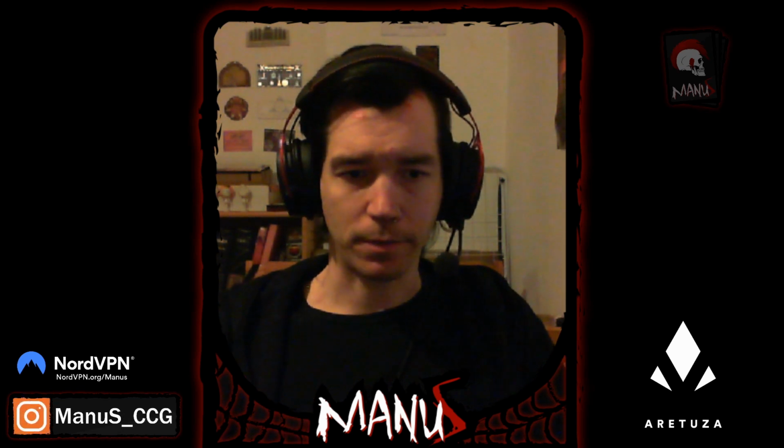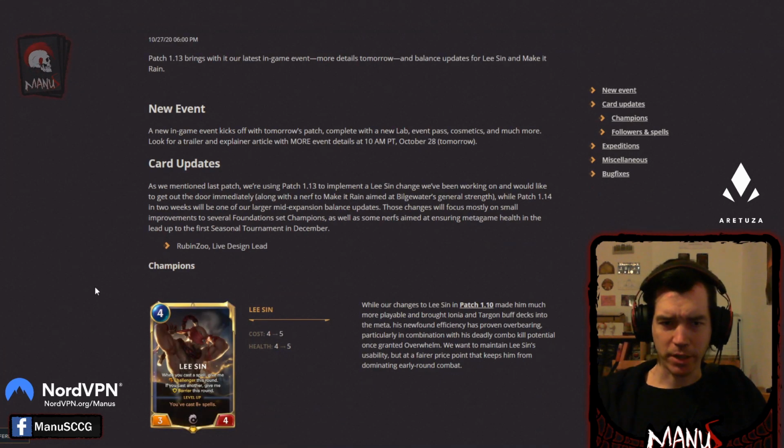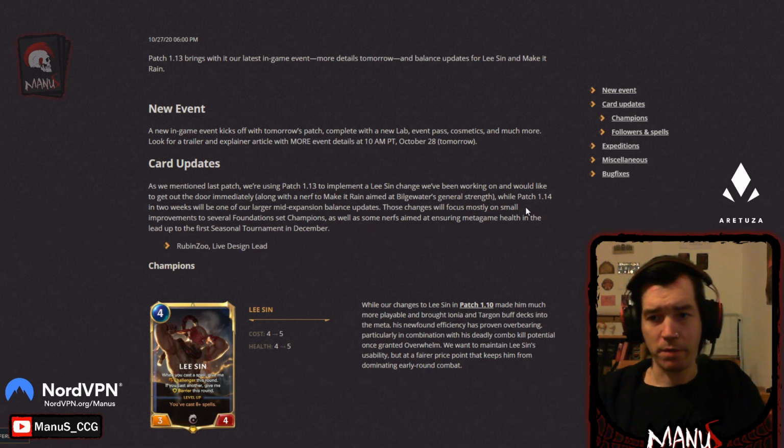And now let's take a look. So first off, we have the patch notes. Patch notes are pretty short. They're mentioning basically they're implementing a Lee Sin change and a Make It Rain change to take down Bilgewater's general strength a bit before patch